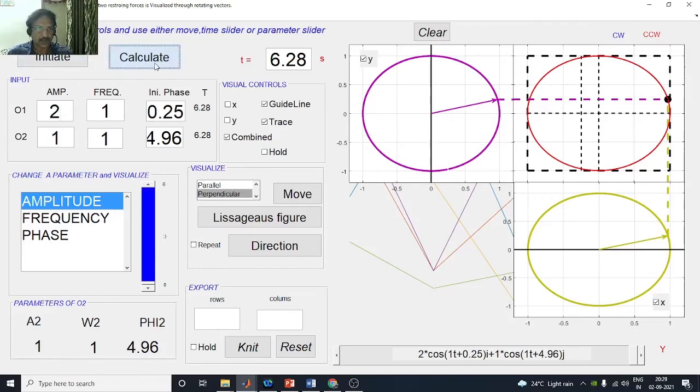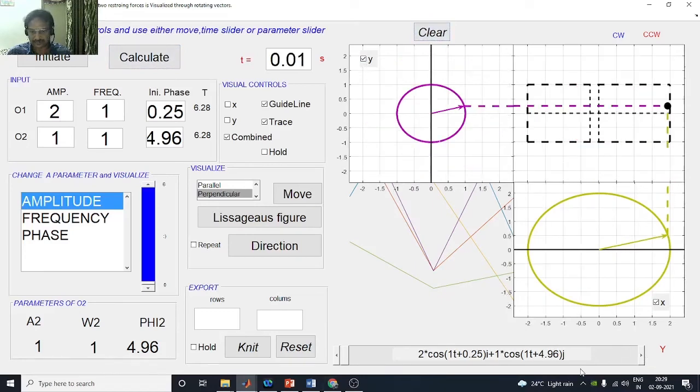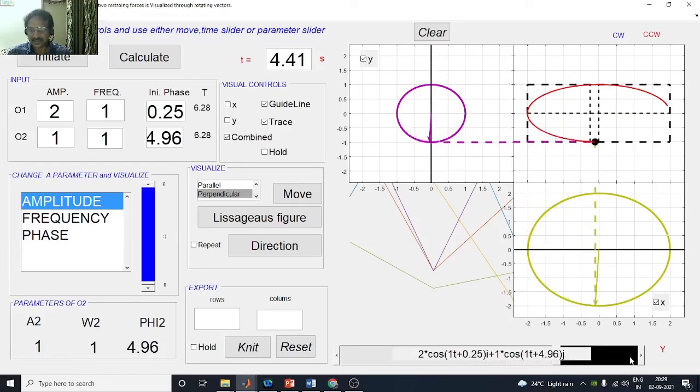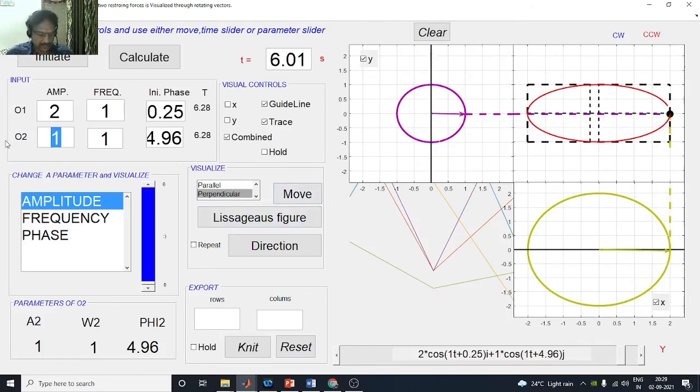So let us see another case where amplitudes are not equal. Amplitudes are not equal and the phase difference is pi by 2. What happens? So it is an ellipse whose major axis is along the x-axis, because the x-axis amplitude is higher. Or if I take y-axis amplitude higher,